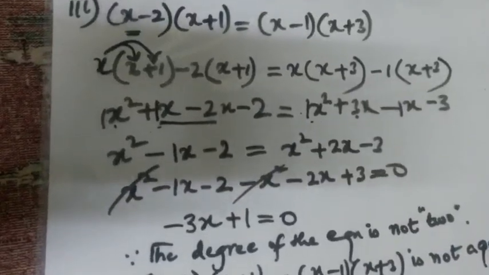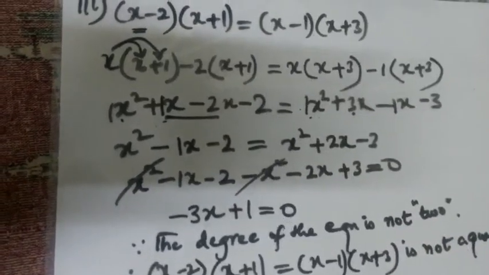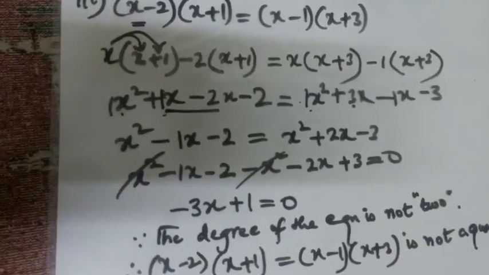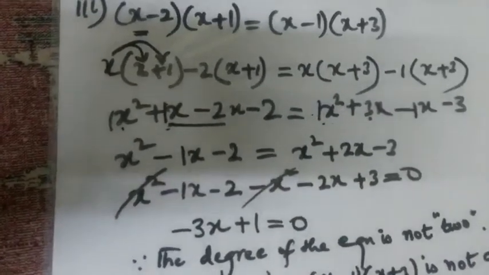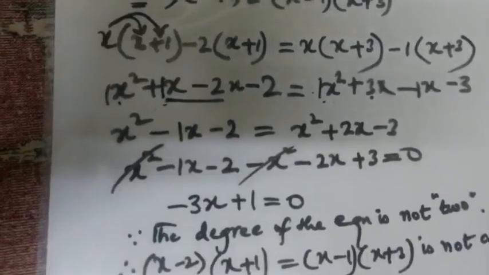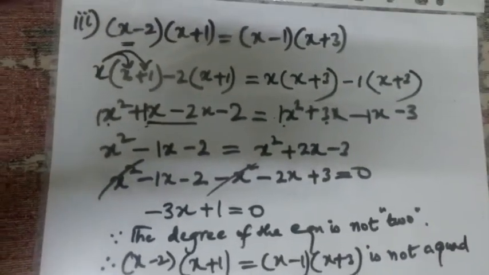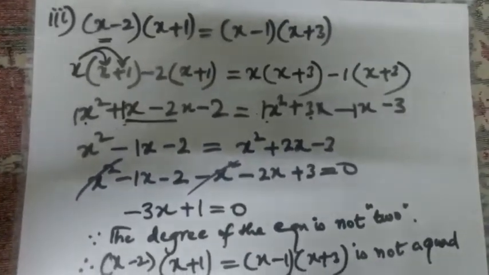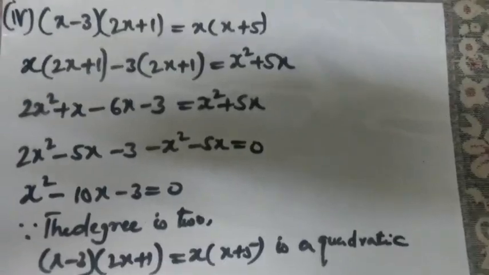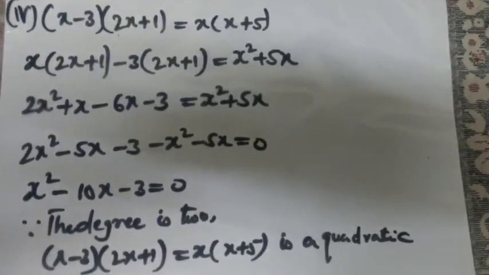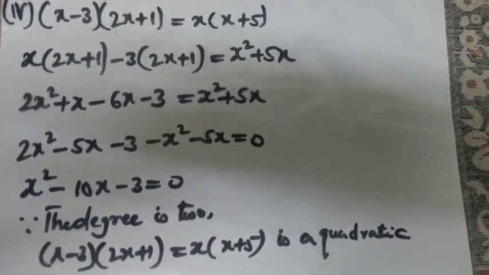So by this we have finished our question number 3. The fourth one is exactly the same, only the thing is that it has coefficients also along with x. So I'll just show you the answer of question number 4, first bit, so that you can cross check after applying it, and do the remaining 4 bits as your homework. Here you can see I have solved question number 4, first bit. To save time, I have already solved it. You can just have a look.